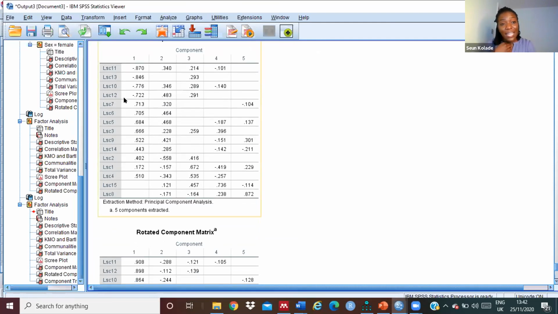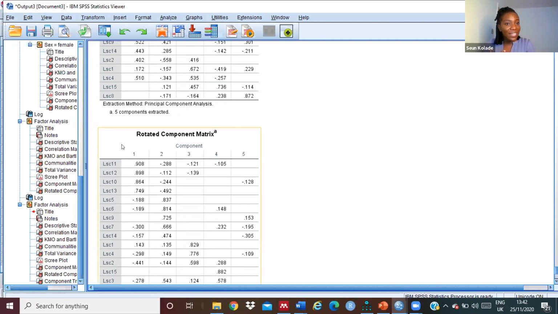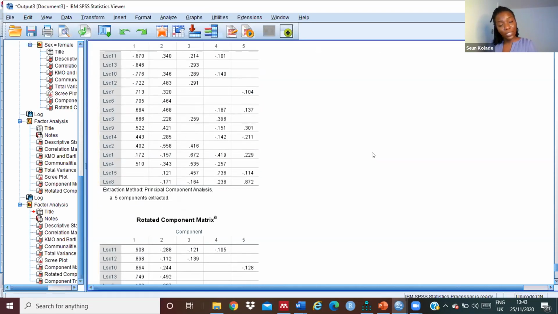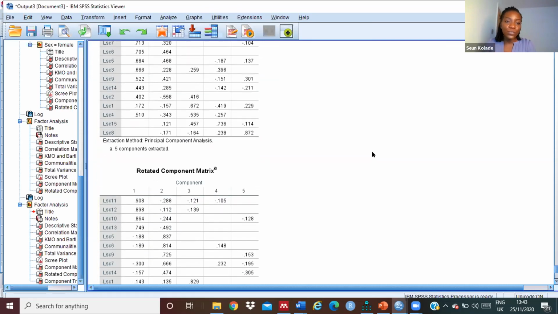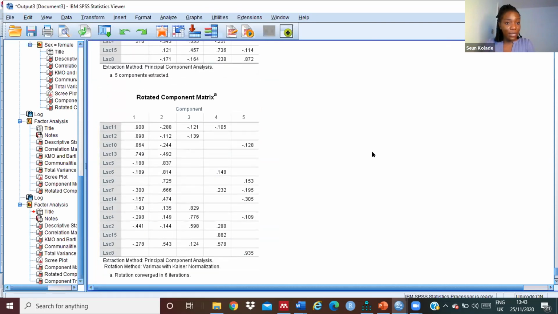But then, of course, that becomes a challenge. You can see that for this particular analysis, the first component matrix was not enough, so it needed to run that again. And if you notice as well, the values here are negative, and you really don't want that, because that means your questions have been worded, maybe, in a negative context. So it may suggest that perhaps you need to run it, but that is the usefulness of using varimax, because it tries to ensure that when you're drawing out your factors,